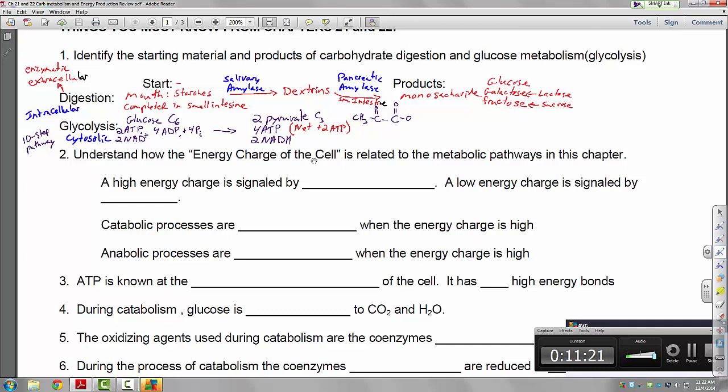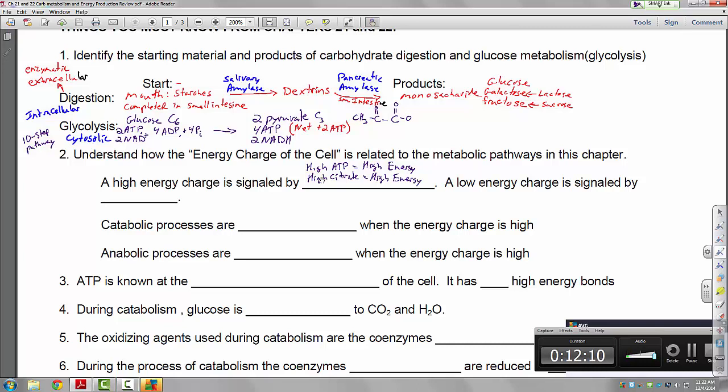Understand how the energy charge of the cell is related to metabolic pathways. Energy charge, you can think of this as maybe the fuel gauge for a cell. It's signaled by high ATP. Put here high ATP equals high energy charge of the cell. One of the things we'll be discussing in the next chapter is the citric acid cycle, and it turns out high citrate levels also indicate a high energy level. So I can put here high citrate equals high energy,